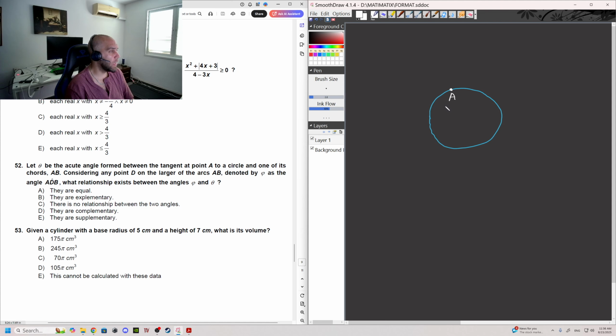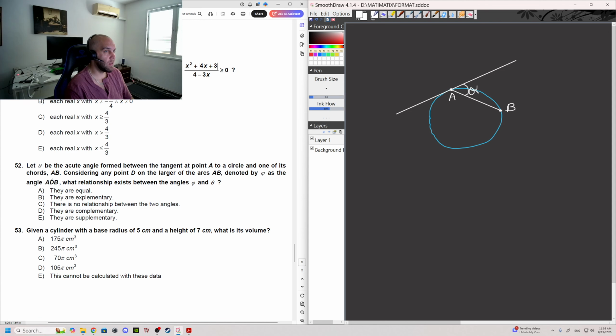and we have the tangent. It's supposed to be a tangent line, that just touches the circle at one point, and then the acute angle is the angle smaller than 90 degrees, formed between the tangent at A to a circle and one of its chords AB. So let me put a point here, B. Let me connect a chord here, that's the line that connects two points on the circle,